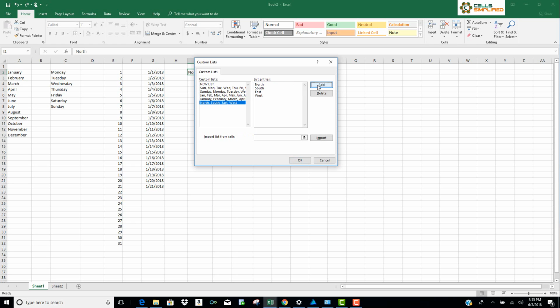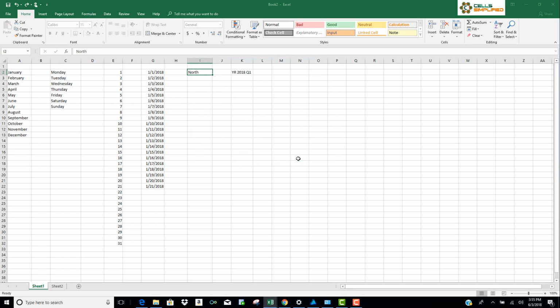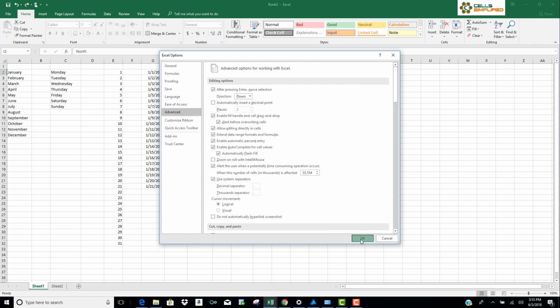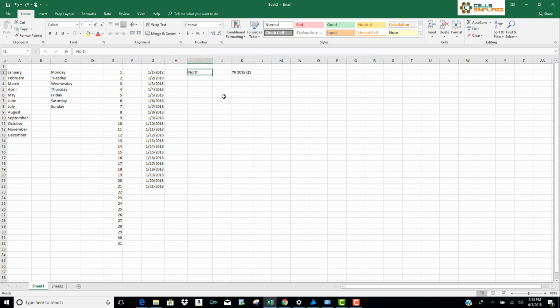Now we'll click Add. And you can see Excel has reformatted our list, and it's also added it to the custom list section to the left. So now let's click OK, and click OK again. So now when we try to drag down our divisions, we can see, and actually that is one pitfall of